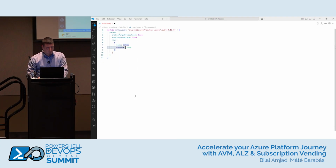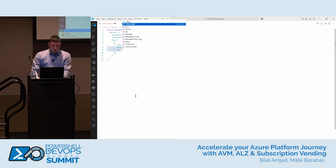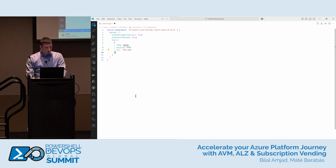So let's say I'm going to choose whatever the maximum or the highest available key size is. And let's just say that I'm going to choose this version that is backed by a hardware security module. Okay, so let's move on. Let's say I want to grant access to my colleagues now to this key vault instance. So let's do role assignments. And that's an array because it's a plural word. And in there,